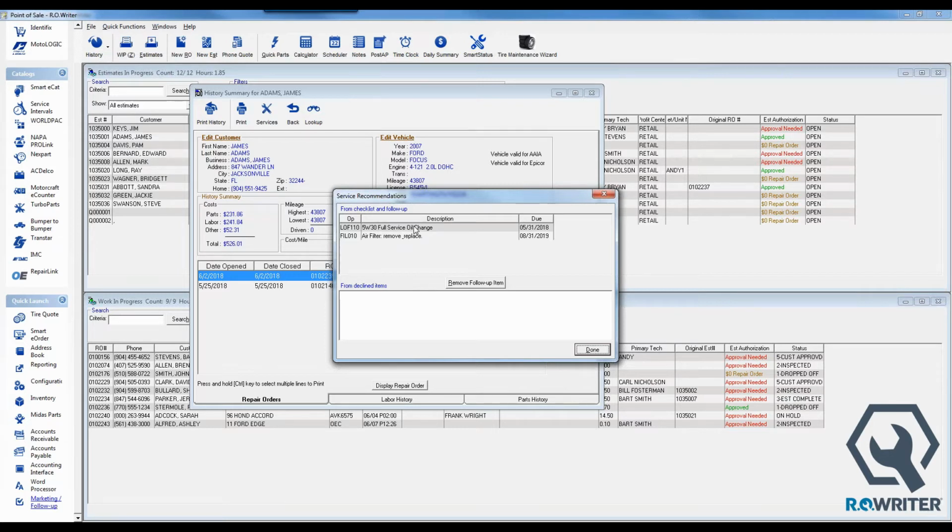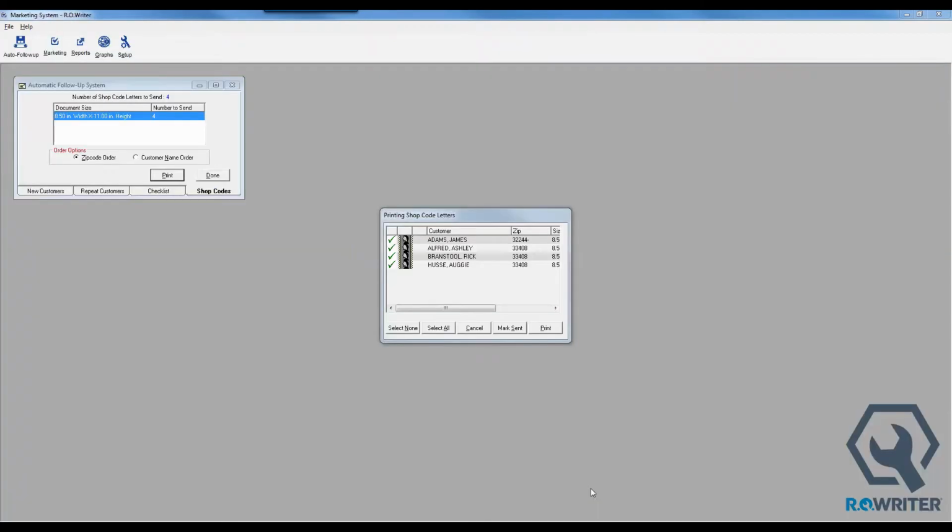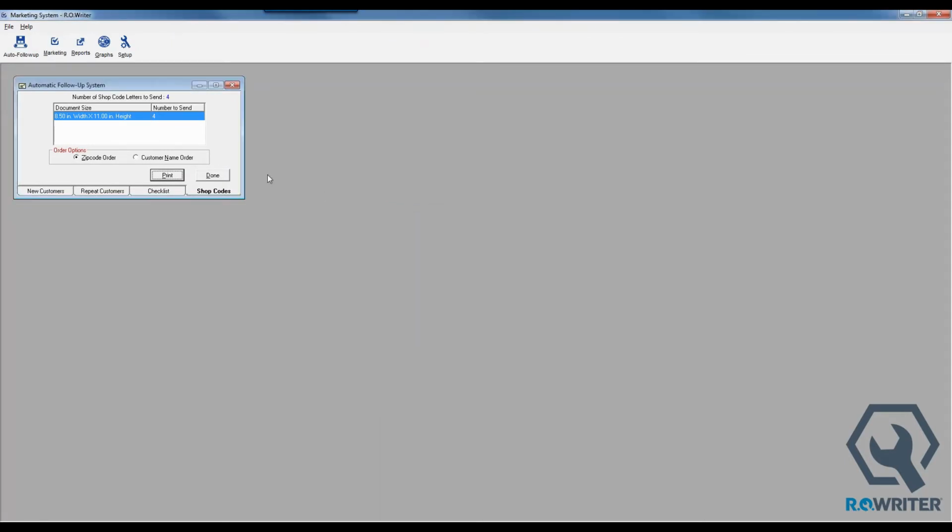The shop codes is really, again, a different term for a labor operation, when this job was performed on this invoice. And again, when we look at finalizing a transaction, it doesn't matter how the labor job got added, whether it was a smart job that was mapped to a labor operation, we use the labor button, or any one of our different punch-out catalog integrations. As long as that labor operation was performed, the shop code follow-up will pick up that that's a service that's done on some regular schedule and give us the option or the indication that we should send that customer a letter. I'm going to cancel back out of here, and I'm going to close out of my automatic follow-up system,